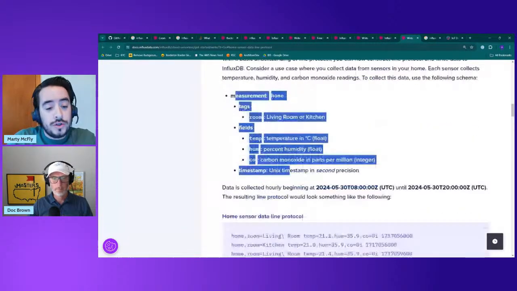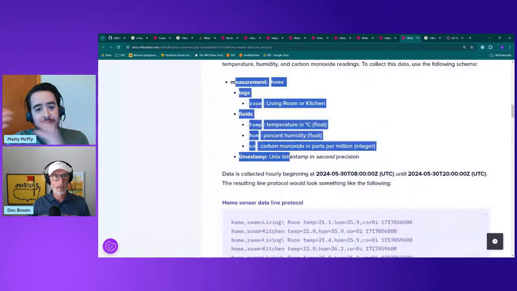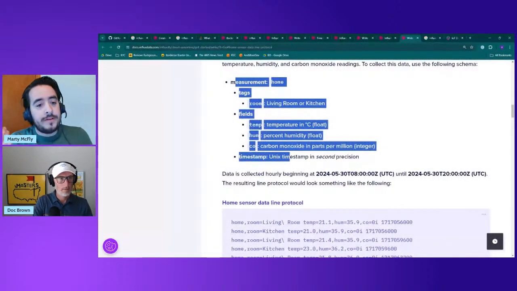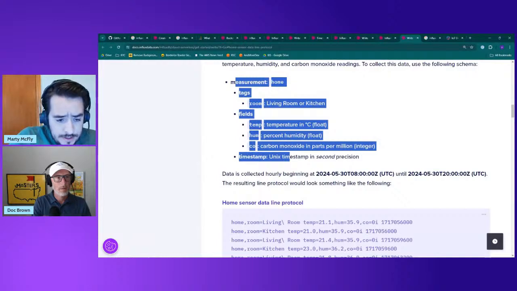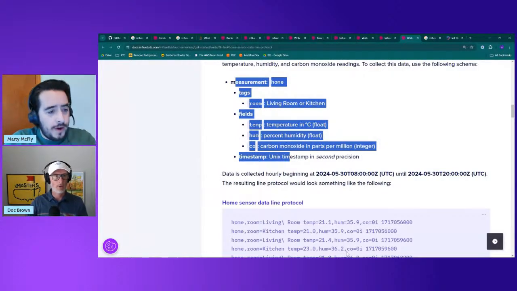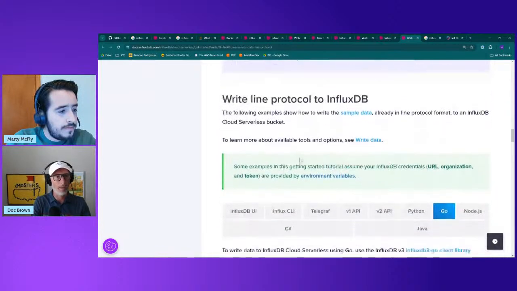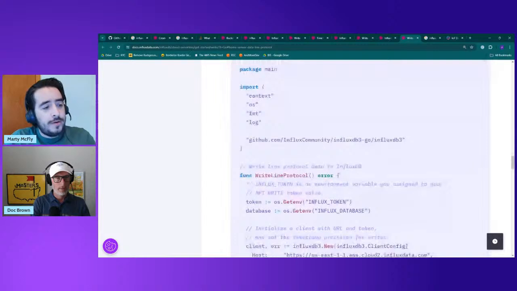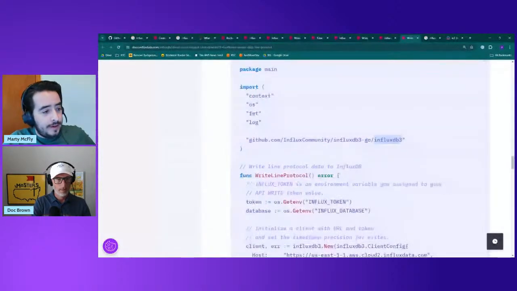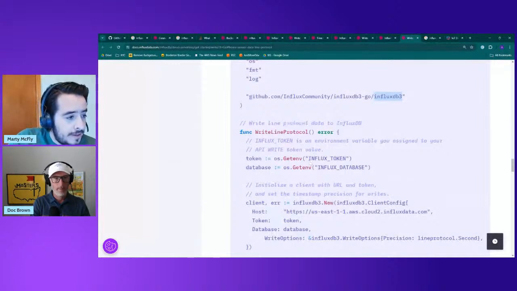I want to go back to your screen on what you did in the code to see if we can relate that to the line protocol, because I'm assuming the SDK that you pulled in is taking care of parsing that into the line protocol. Yeah. Hold on. Let me pull them up. I think there's a DB3 that we can use, but we got it working with DB2, so we'll keep using that for now.